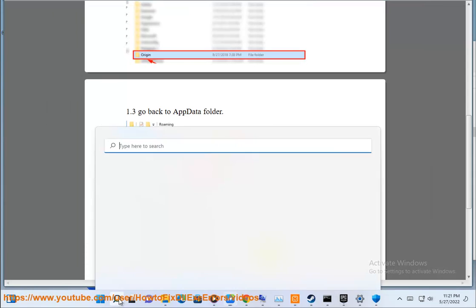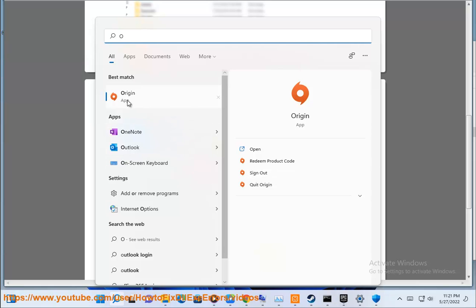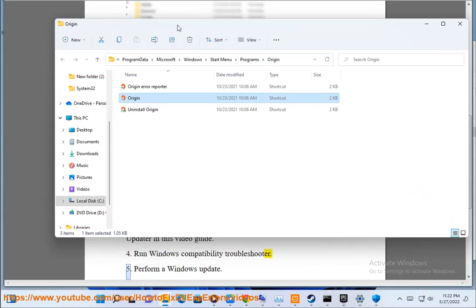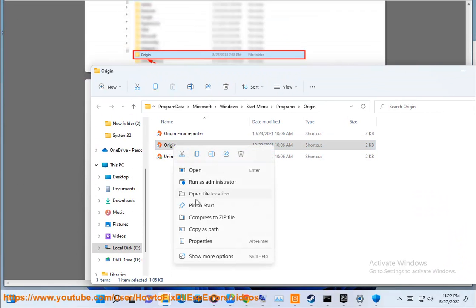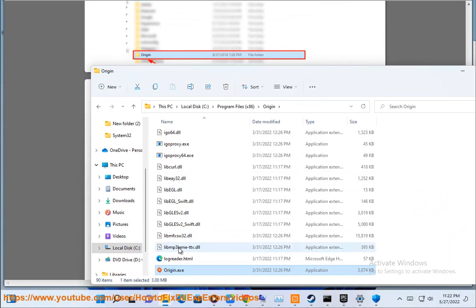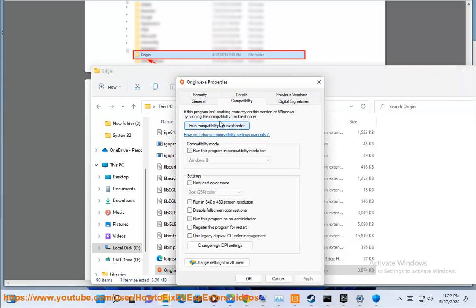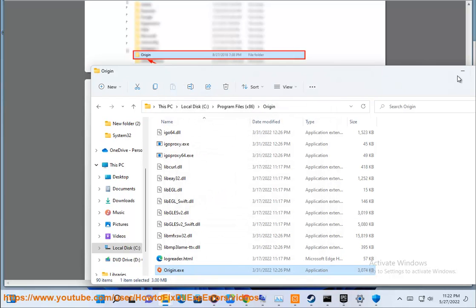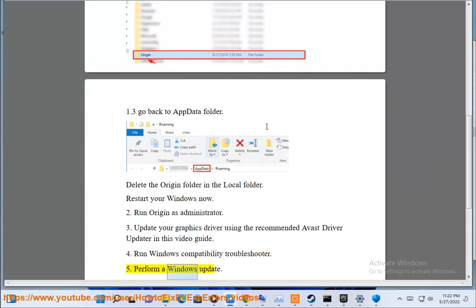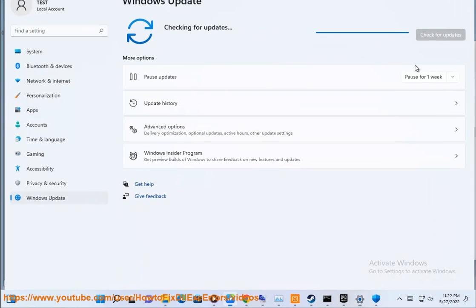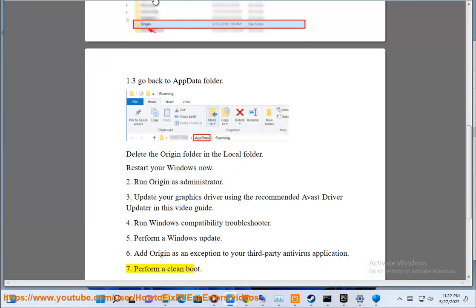5. Perform a Windows update. 6. Add Origin as an exception to your third-party antivirus application. 7. Perform a clean